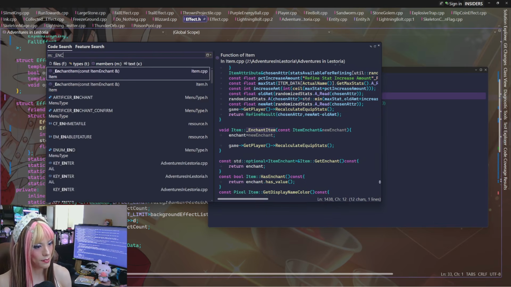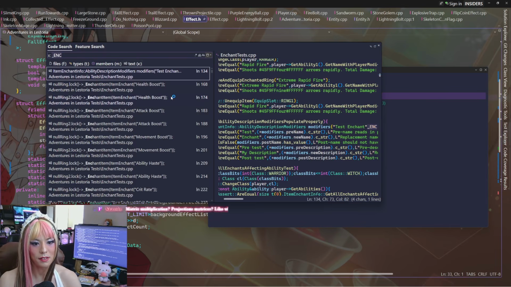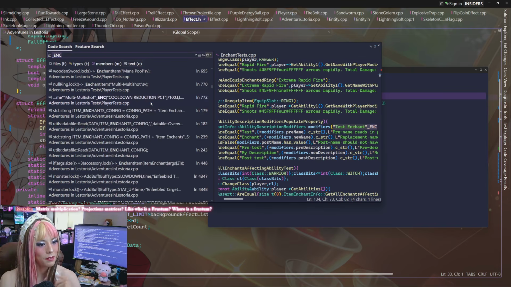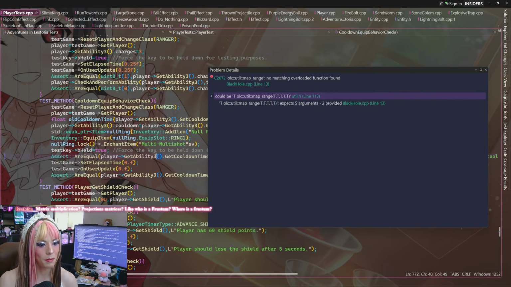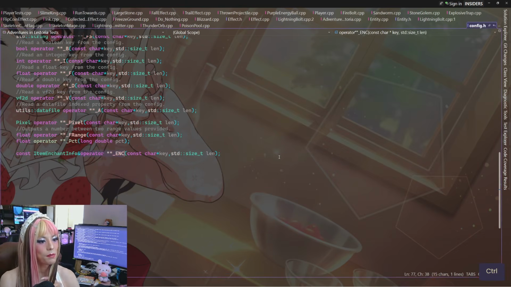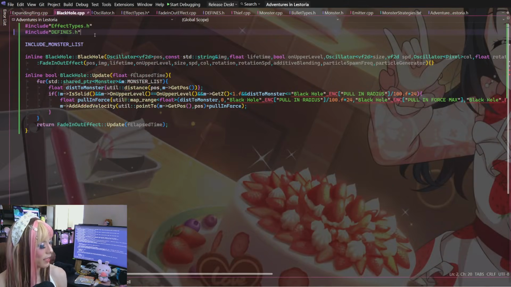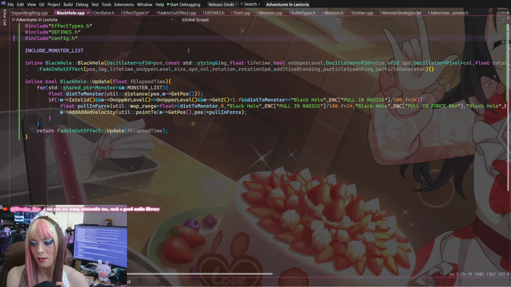Underscore ENC. It should be somewhere in here. Dang, we have to do a deep cut. I don't think that's... Okay, here's some other code that uses that. So maybe we can grab it from here. ENC comes from config.h. Okay. So we have to include that in here, apparently. Yeah. I guess when I was redoing some stuff, some includes got lost.